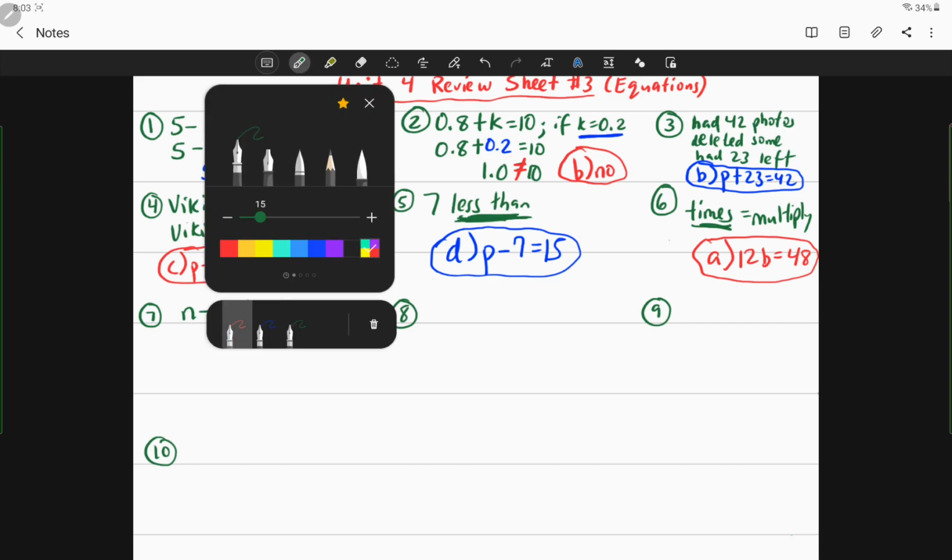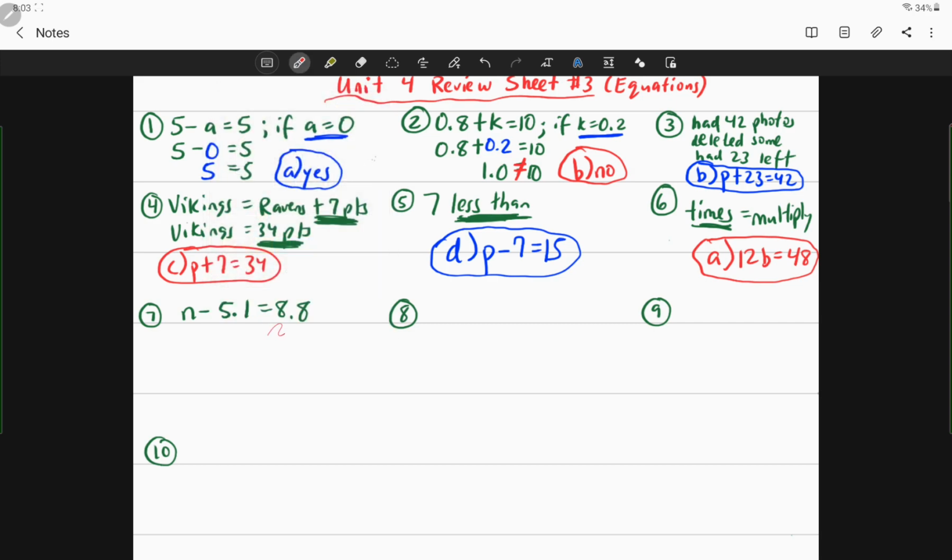So again, same steps we do to solve an equation, equal sign, draw the line. This is where we know the terms on the left side of the equation, such as the n and the negative 5.1, are separated from the term on the right side, which is the positive 8.8. Okay, after I draw my line, I look at the operation, or the sign I see, which is subtracting. So I do inverse operations, which means opposite. Opposite of subtracting is to add. And the reason why I'm adding 5.1